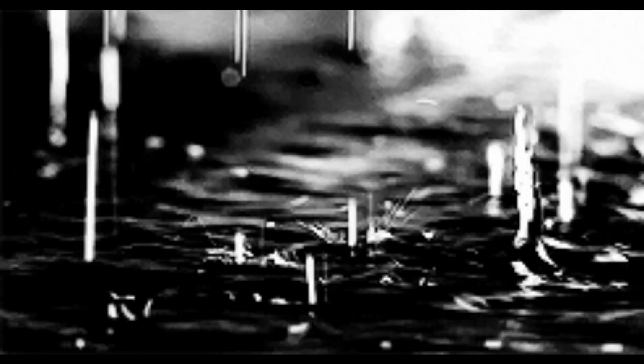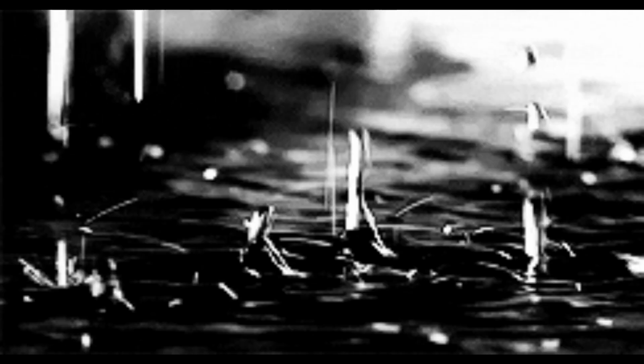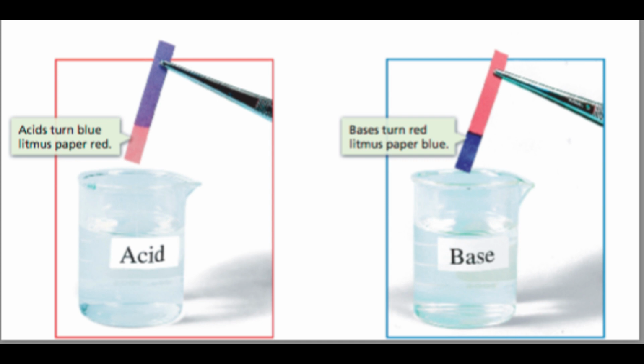Now I'm sure by the elimination method you would have guessed the third test tube has distilled water in it. But just think, water is neither acidic or basic in nature. So what do you think the color of red litmus paper must turn into? Now, because distilled water is neutral, the red litmus paper will turn into purple. And this is how you test if a solution is acidic, basic, or neutral.